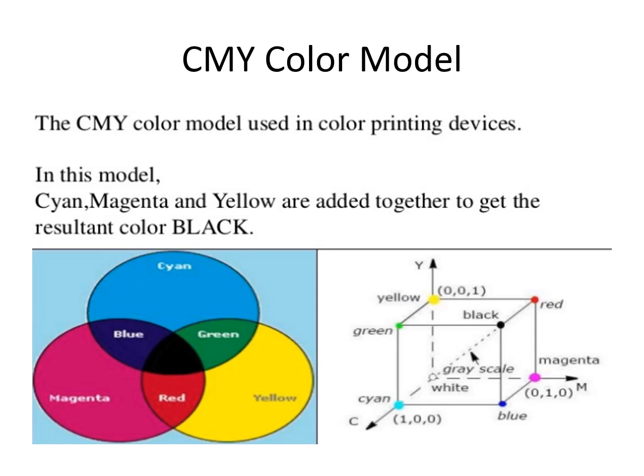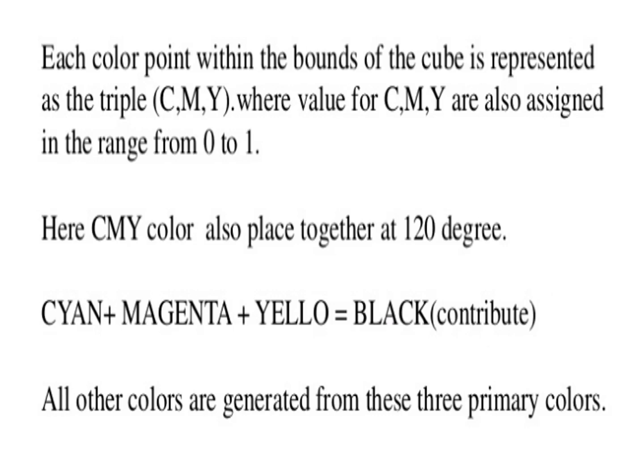It is possible to get the CMY representation from the RGB representation by subtracting it from the vector 1, 1, 1. Each color point within the bounds of the cube is represented as the triple CMY, where the values of CMY are also assigned in the range of 0 to 1. Here CMY colors are also placed together at 120 degrees as shown in the previous figure. Cyan plus magenta plus yellow, we get the contribution of black. All the other colors are generated from these three primary